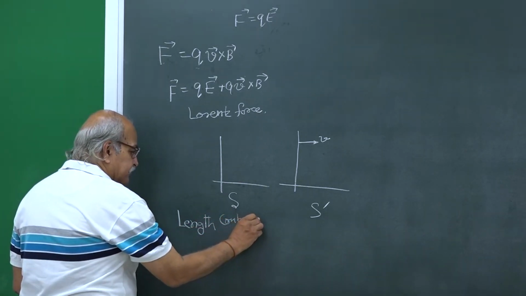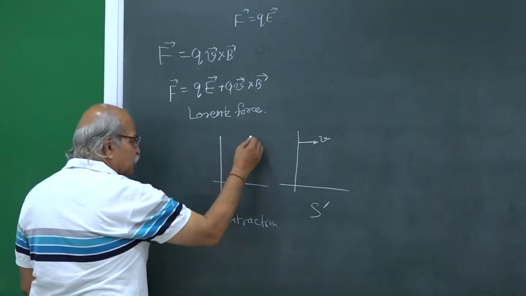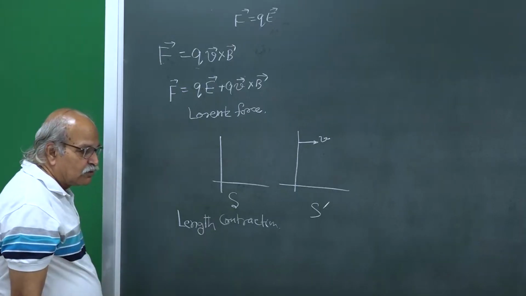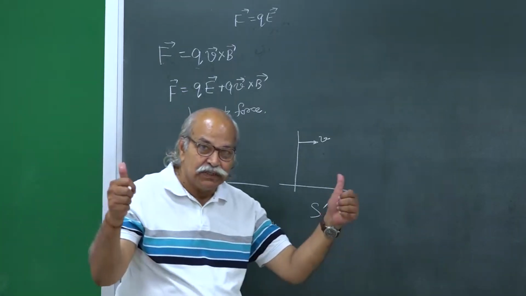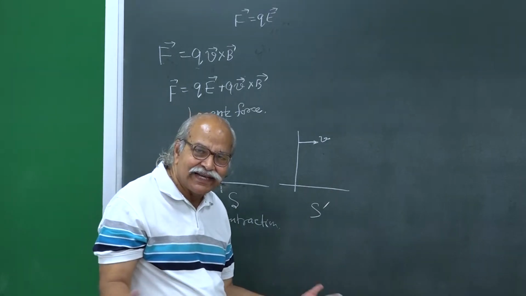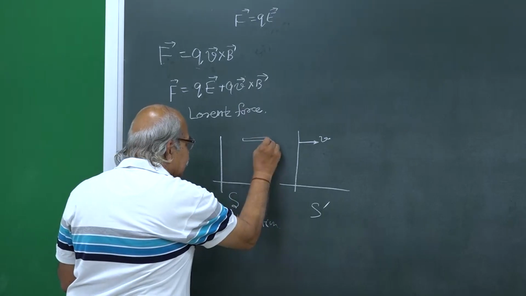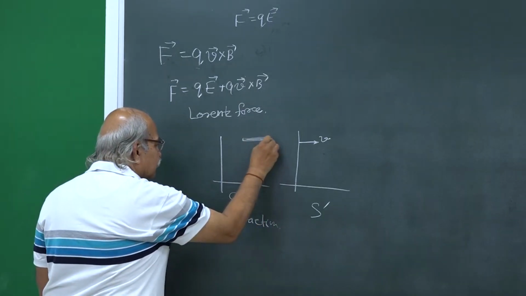And what is that? If you have any length, it could be a rod or it could be the distance between two poles, any separation, any length. So, if you have some kind of a length here and that length you are measuring from this frame,